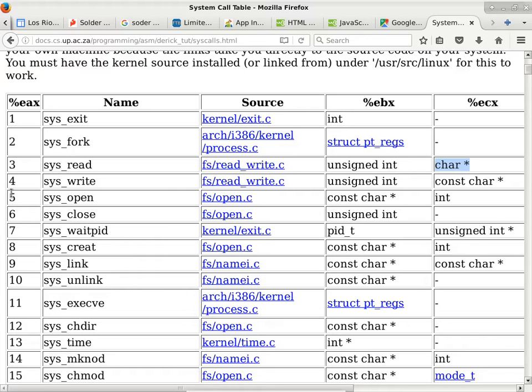In other words, in this case, if you want to delete a file, to delete a file is unlinking, okay, you have to put the value 10 into EAX, and then you have to specify the name of the file that you want to remove. You want to put the address to the name of the file that you want to remove into register EBX,